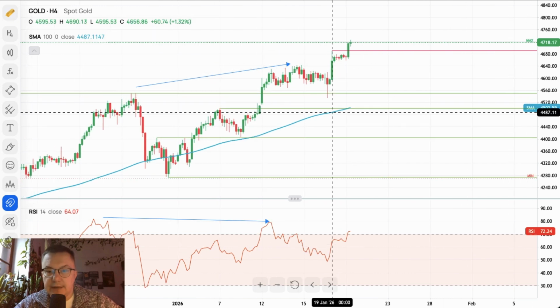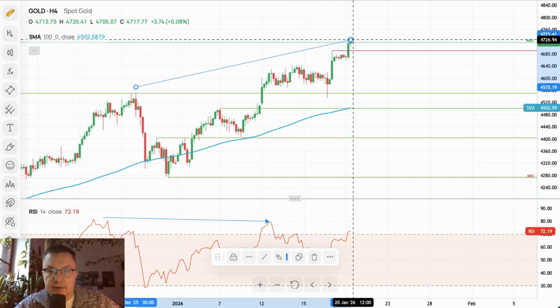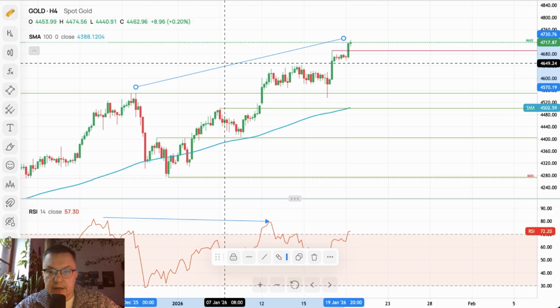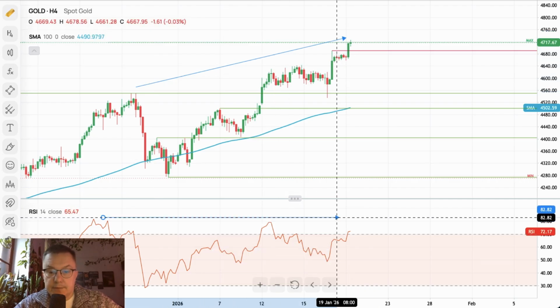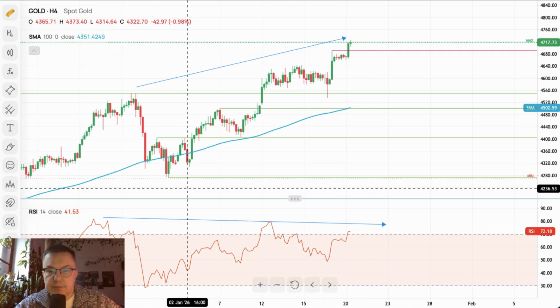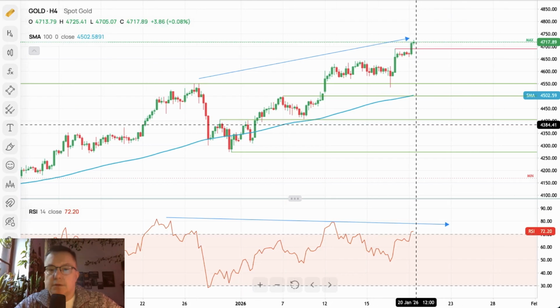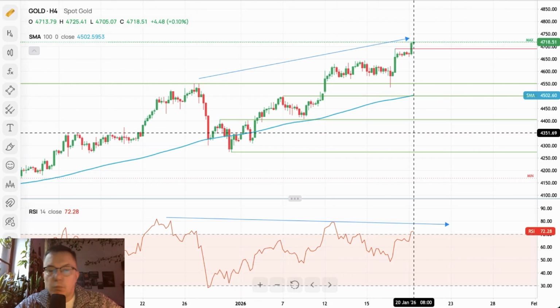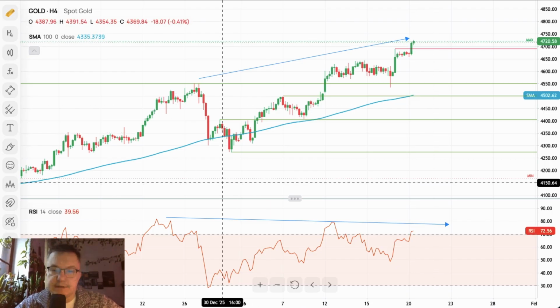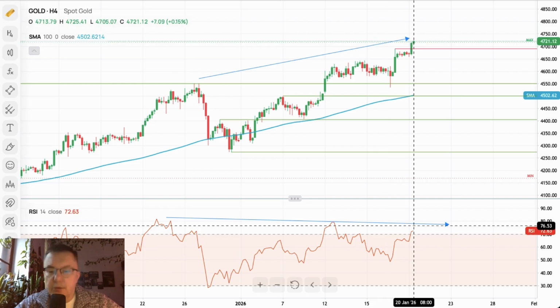As the gold keeps moving higher, nevertheless, this is another bearish divergence in progress. You can see that the market keeps making higher highs, but the momentum, as you can see, is not making higher highs, right? So this is a multiple bearish divergence setup, which might have very aggressive consequences on the short-term time frame, like 4 hours for the gold, right? For now, everything looks good. We have a set of higher highs, higher lows. Nevertheless, we are doing it on lower momentum.